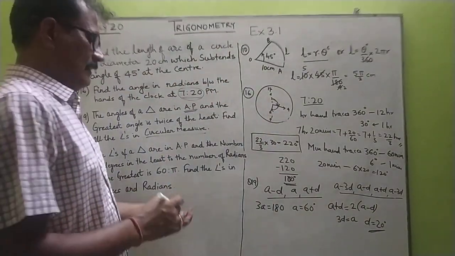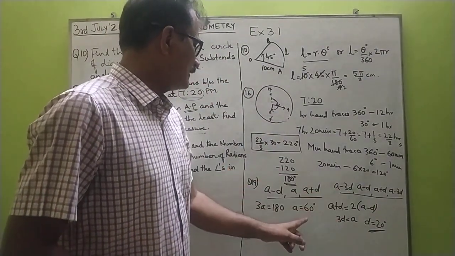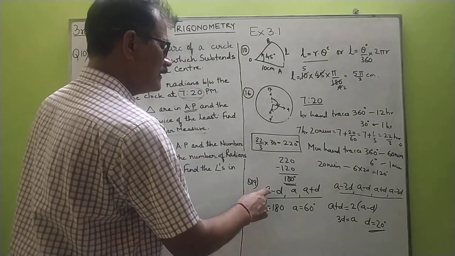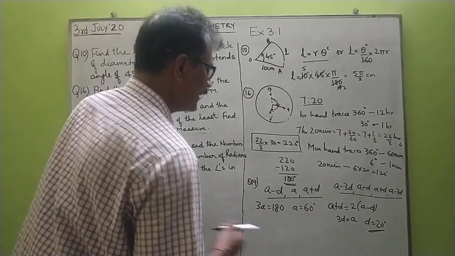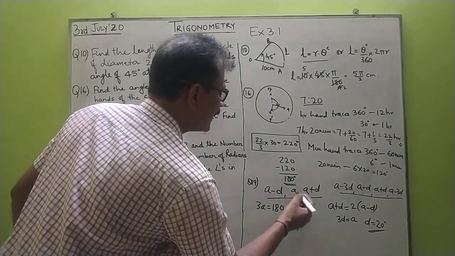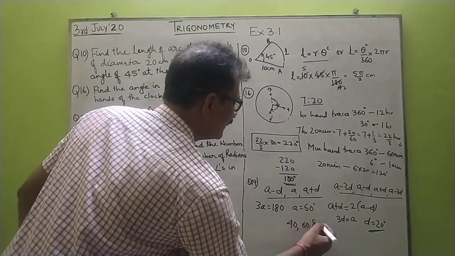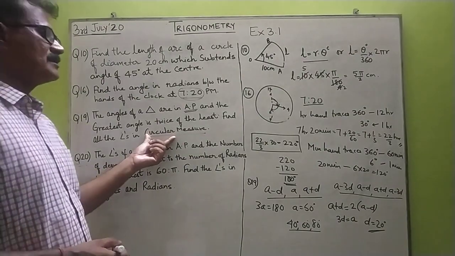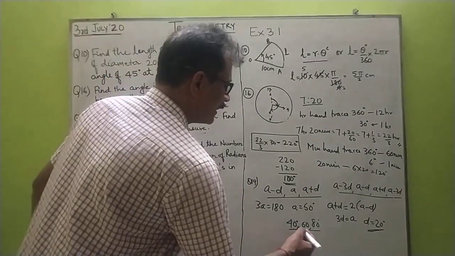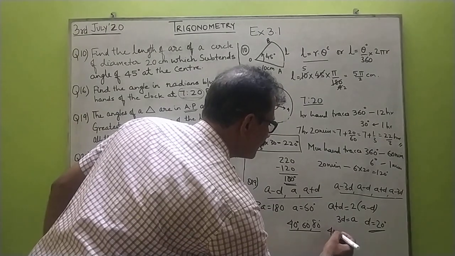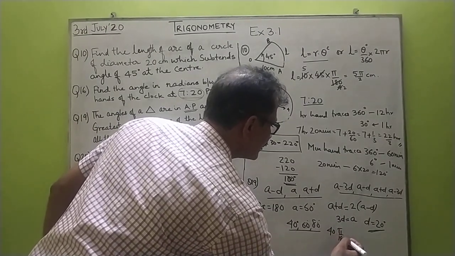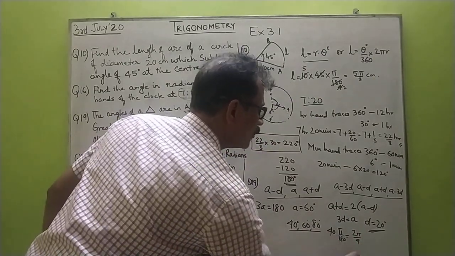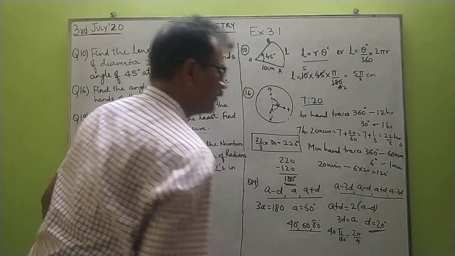Now placing d as 20 and a as 60, you can find out the angles. So the first angle will be 60 minus 20, that is 40 degree. The first angle is 40, the second angle is a, that is 60, and the third angle is 80. And then you can convert these angles to radians if required. Circular measure means radians. So you can convert them to radians by multiplying by pi by 180. So when 40 is multiplied by pi by 180, it turns out to be 2 pi by 9. Then 60 is pi by 3, and 80 accordingly you can find out the next angle.